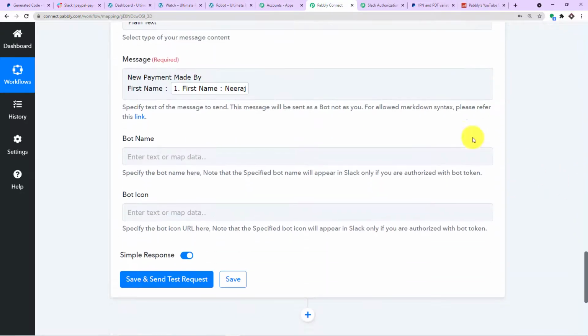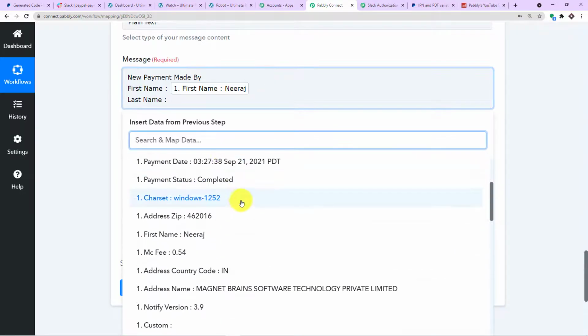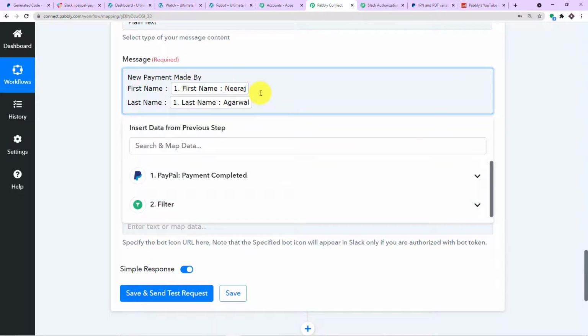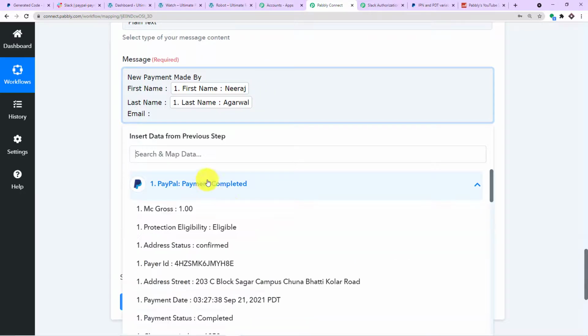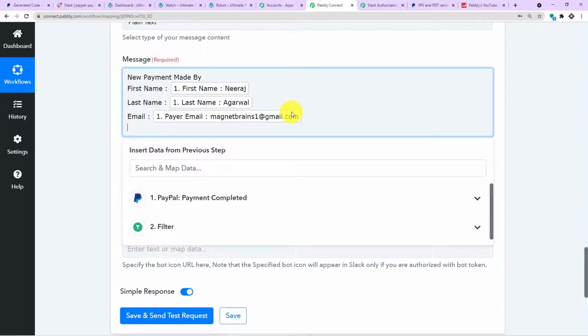Excellent. So what's next? Now the second thing that we have to add is the last name. Colon, and let me just add the last name of the guy, that is Agrawal, and we have mapped it. Similarly, the email address that he used to get into the PayPal channel is this one, and we have mapped it.